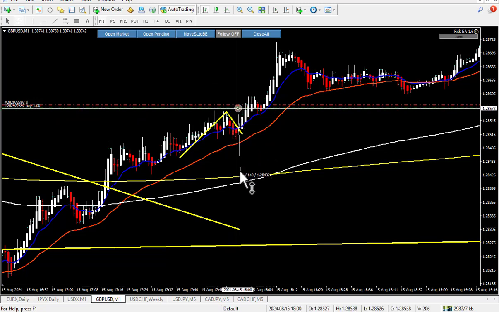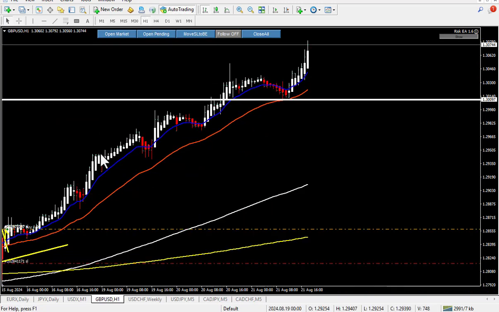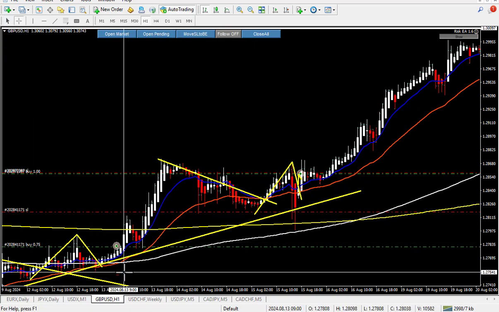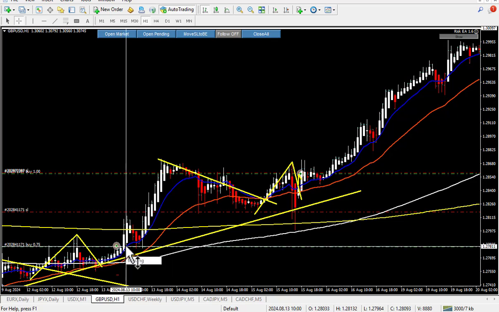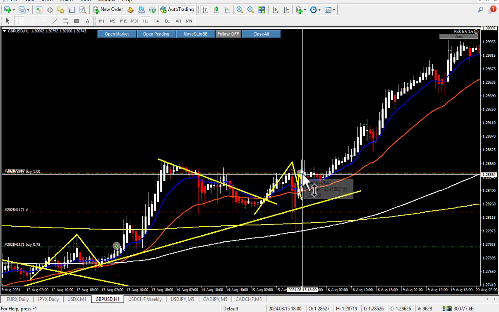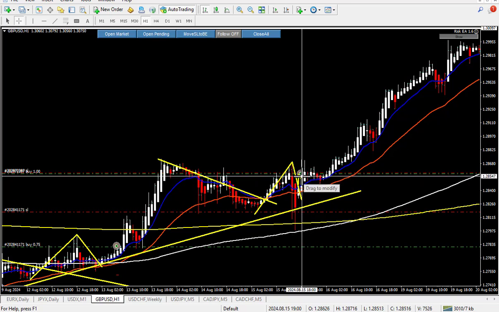I enter here with a stop loss of 15 pips. This is my re-entry or scaling entry. In this entry I do not risk anything from my capital. I just risk the equity which is built up from the initial position, and I just move the stop loss